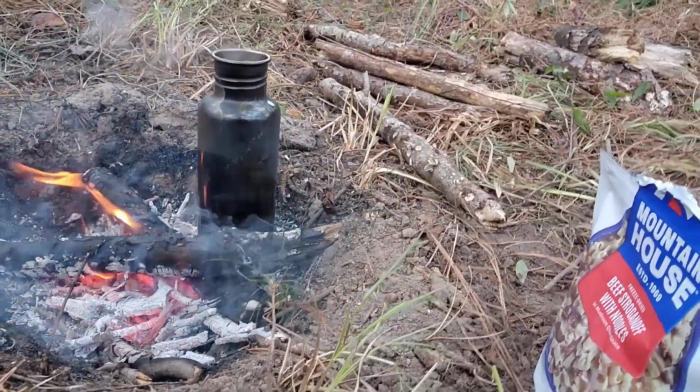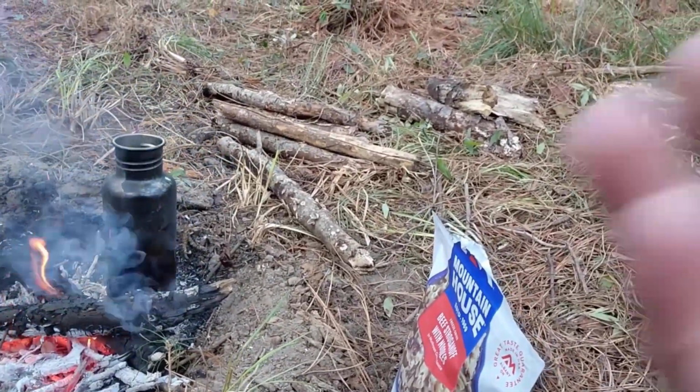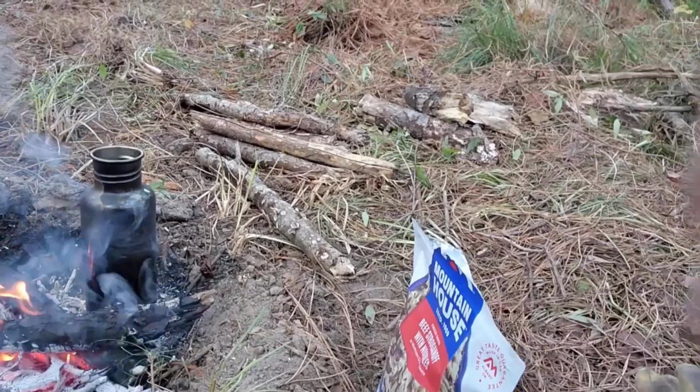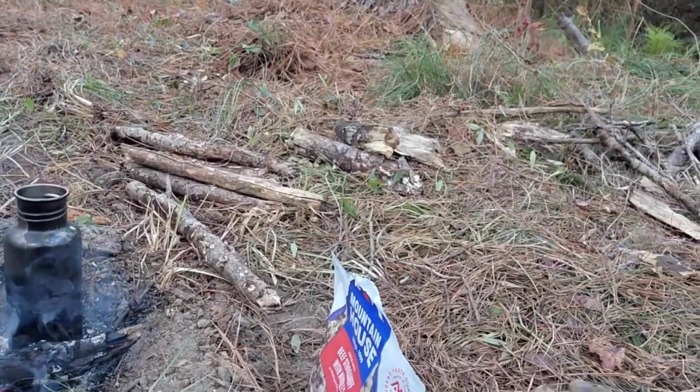I'm keeping it really low, and I'll be honest with you, this wood is kind of punky, so it's really difficult to keep this fire going. But I cooked my meal, I heated my water. I'm going to be comfortable tonight, all out of the new pack, and yeah, hopefully I'll be able to record